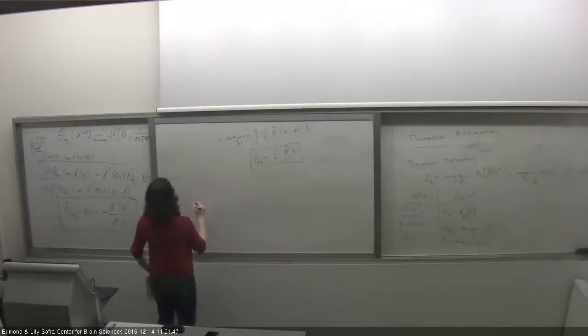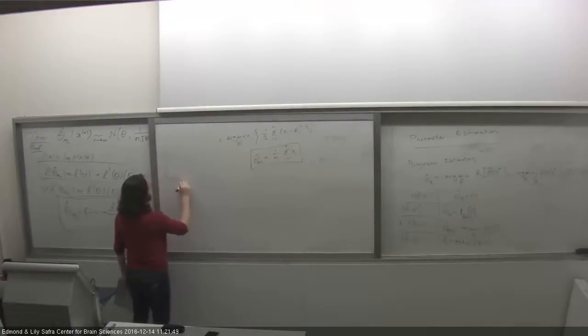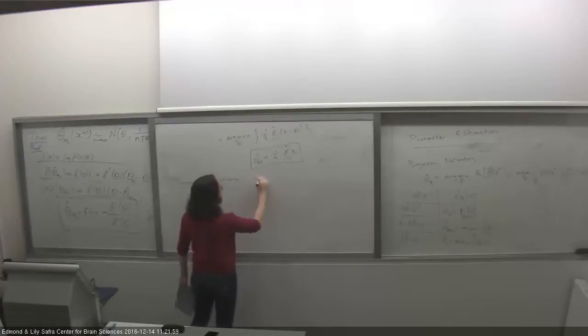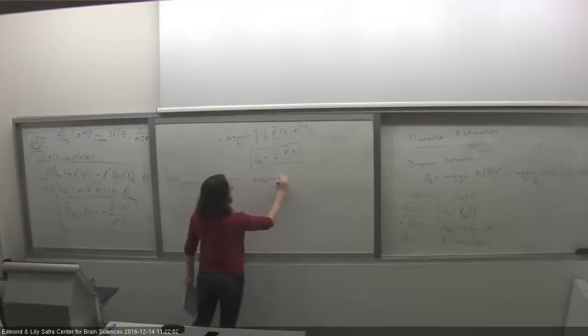So now we want to find the Bayesian estimators. We need to assume some prior. So let's assume,